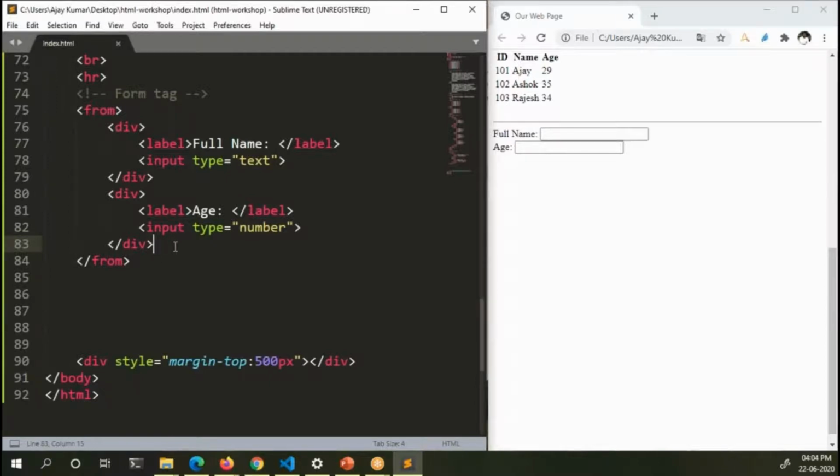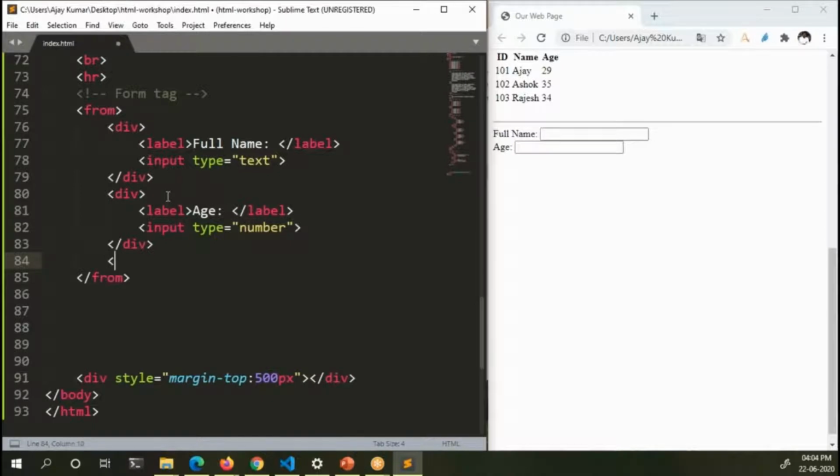For example, if you want to take an email, from now I'm not using the div tag. Using a div tag will obviously give you an advantage because you can apply some CSS styles to the div tag, which will make your form look better. But for now I'm not going to use the div tag between the elements. I'm only going to use the line break. I made a mistake: it's the form tag, F-O-R-M. Yes, there is a typo. Thanks for pointing that out, guys.